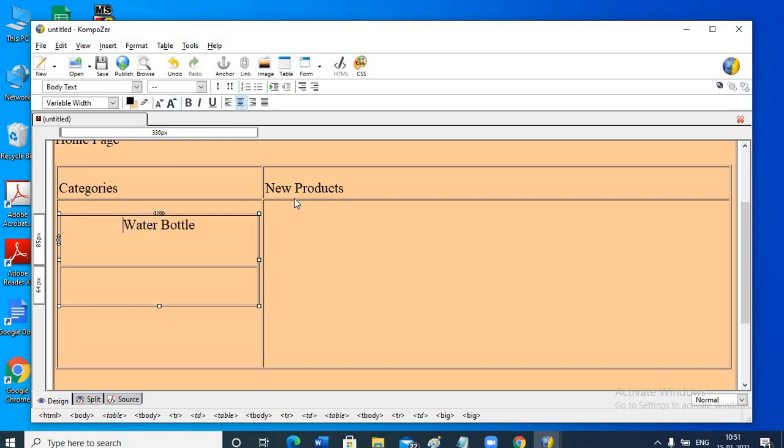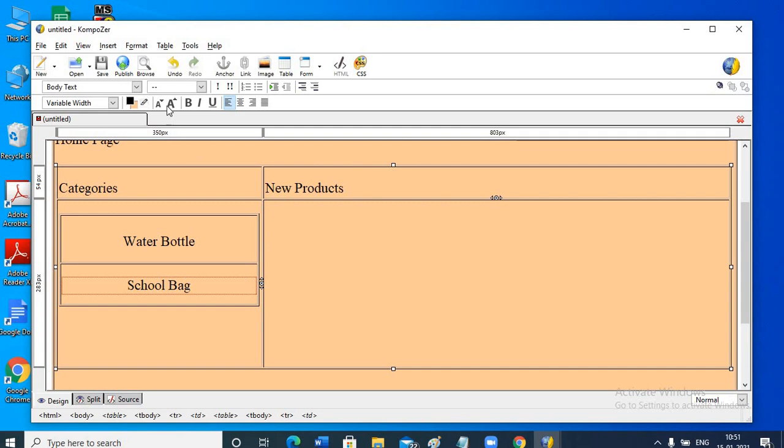You can click here and press enter. Similarly over here, press enter and type school bag. Select it, increase font size, bring it in the center. You can change the font colors also.